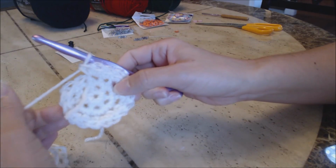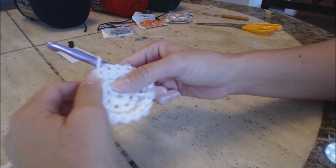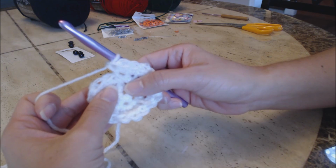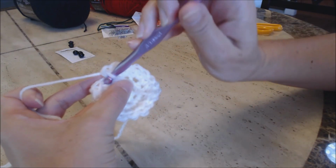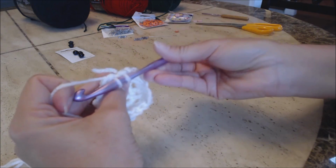Okay, so this is how your work looks. So go ahead and take your yarn marker and we're going to move it up to the next row, and this is going to be another increase round. So you're going to do 1 single chain in the next 2 stitches, and then you're going to do 2 single chains. So in the next stitch, you're going to do 1 single chain,